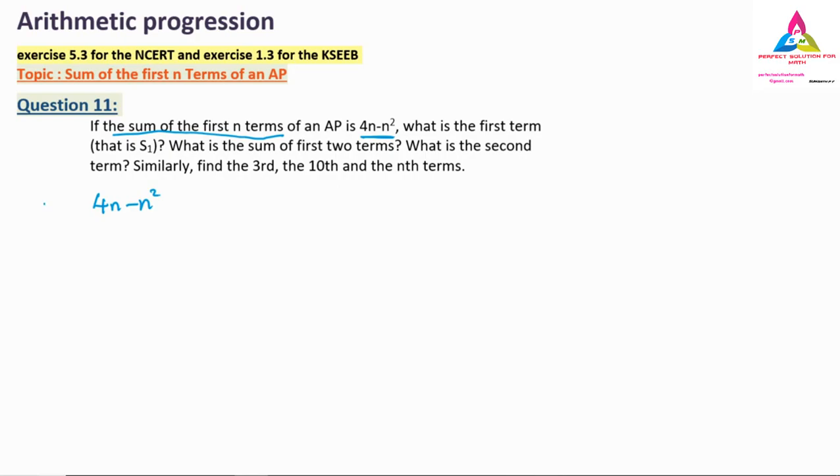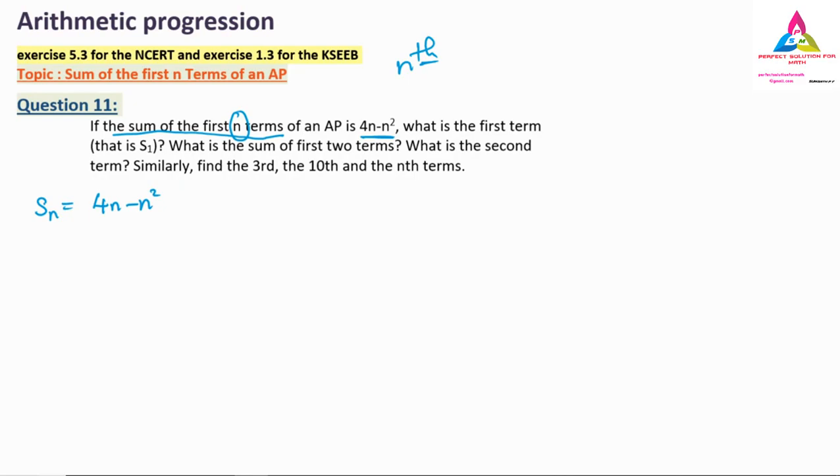They have not mentioned nth here. If they had mentioned nth, it would be an, but here it is Sn, remember. So the Sn they have given is similar to yesterday's video, where they gave an equals some equation for you. But in today's class, question number 11, they have not given an, instead of an they have given Sn.